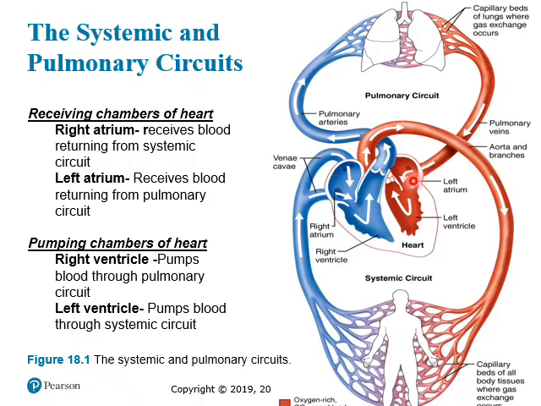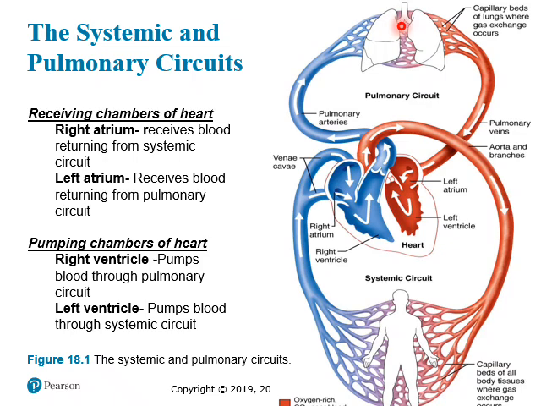The left atrium receives blood from the pulmonary circuit, and therefore this is actually oxygen rich blood. And the pumping chamber of the heart, the right ventricle, pumps blood through the pulmonary circuit. So this is the one that delivers oxygen poor blood into the pulmonary circuit so it can be